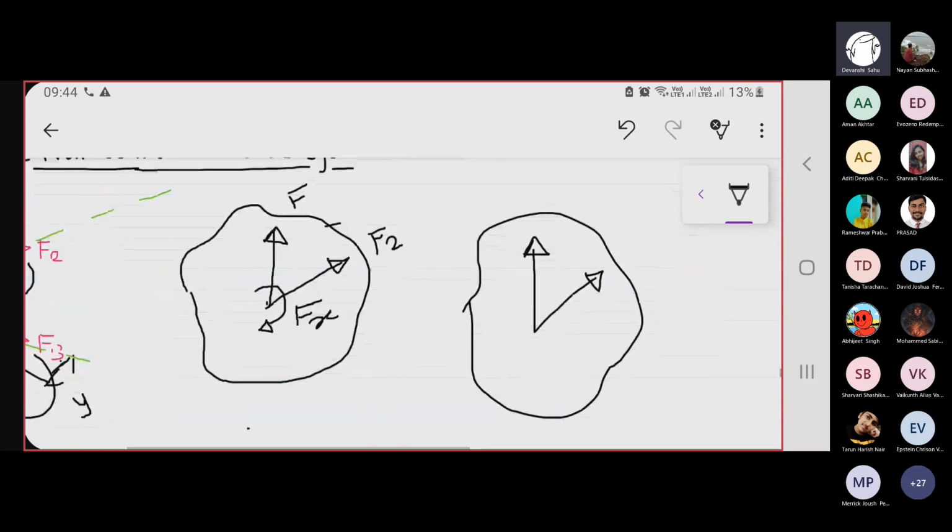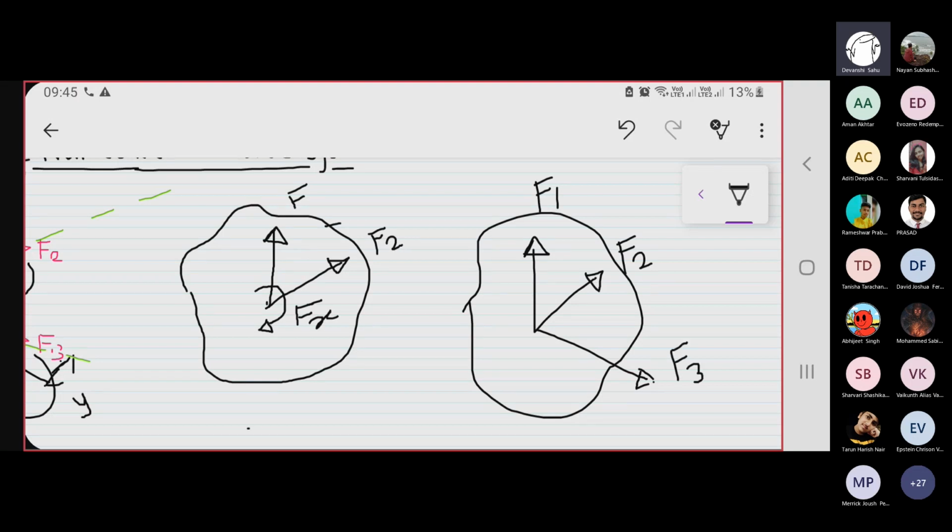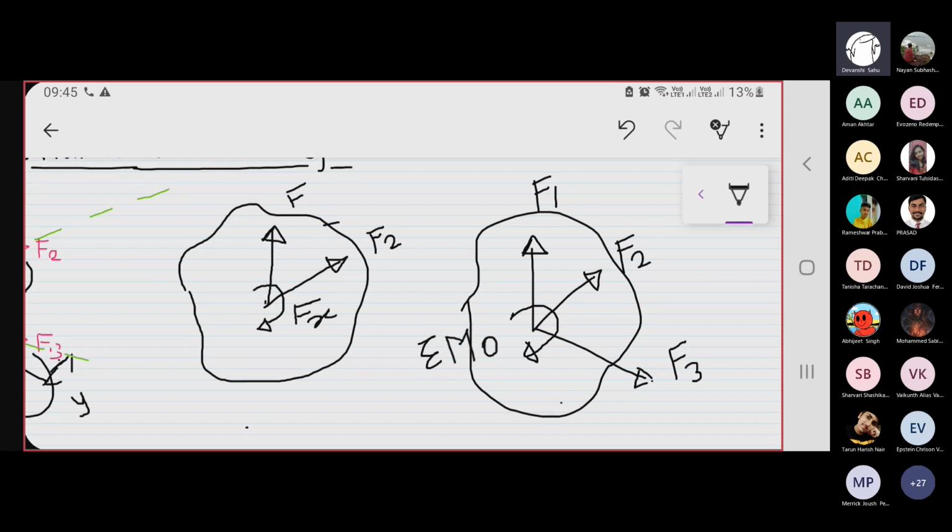So automatically F1, F2, F3, and now it will be the summation of moments. I don't know which direction, just consider any direction. If it is positive, then the answer is correct. If it is negative, then